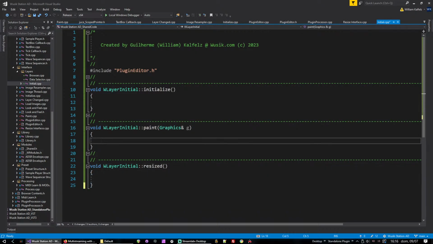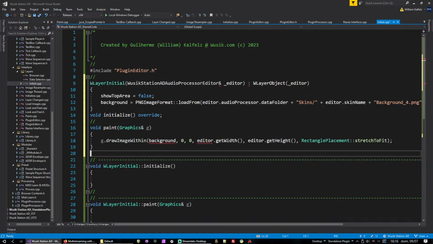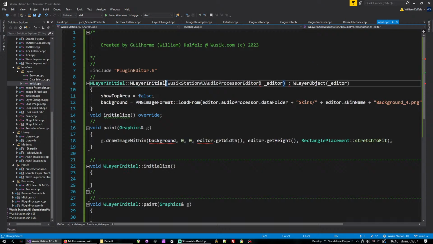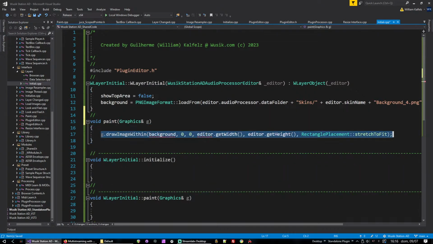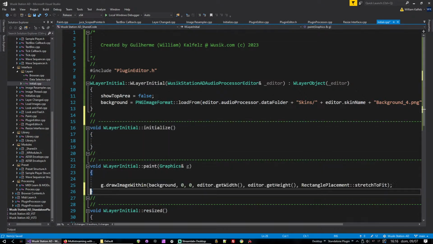I already created those out, but I have also to initialize it. So let's put this in here, which also makes more sense. Initialize is in there, then the paint just move in there. Initialize